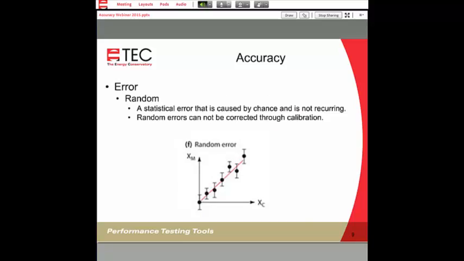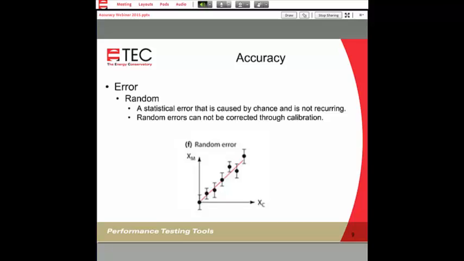So for example, the first one we're talking about is error. And we're going to be talking about random error. This is what's referred to as a statistical error that's caused by chance and is not recurring.